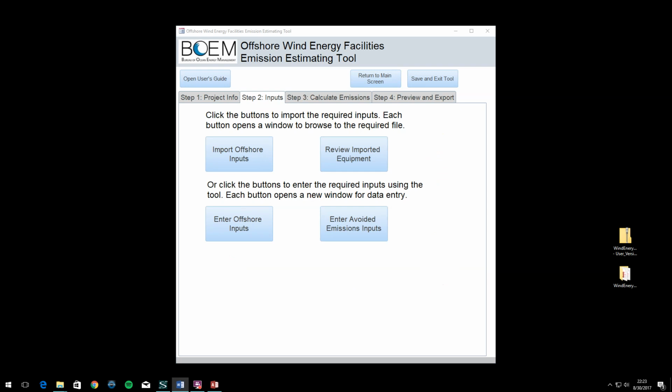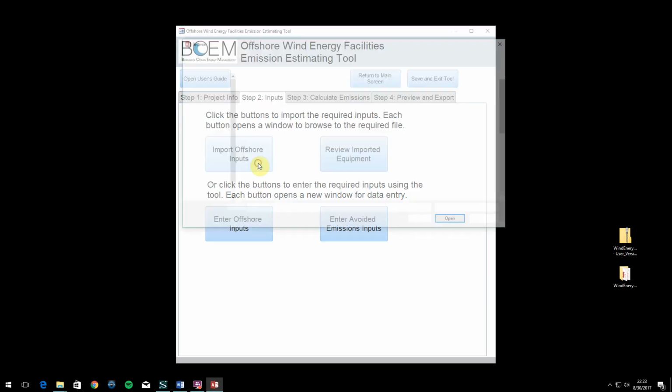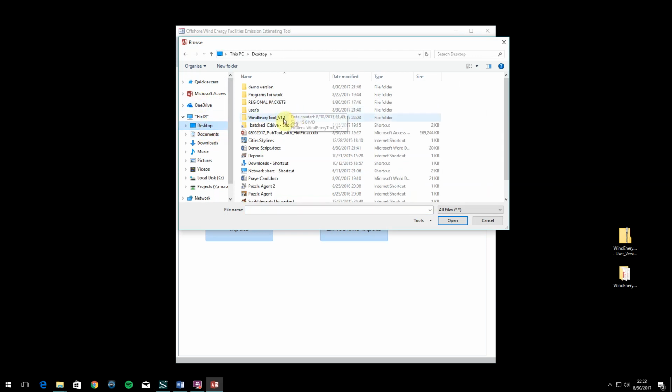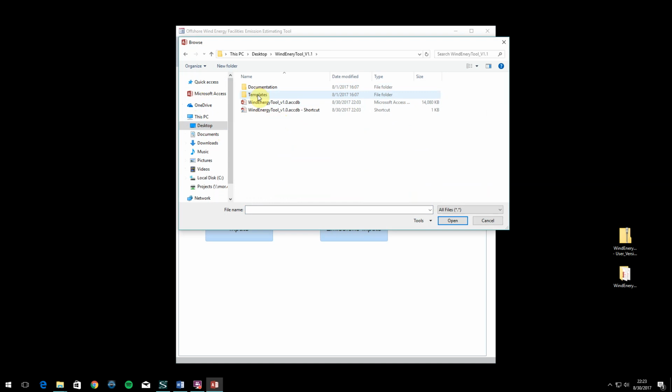The Step 2 Inputs tab is the gateway to the equipment and activity input screens. Through this tab, you do have the option to import offshore inputs, such as the vessel parameters, or enter them manually. Clicking the Import Offshore Inputs button opens a file browser window that allows you to navigate to a pre-populated